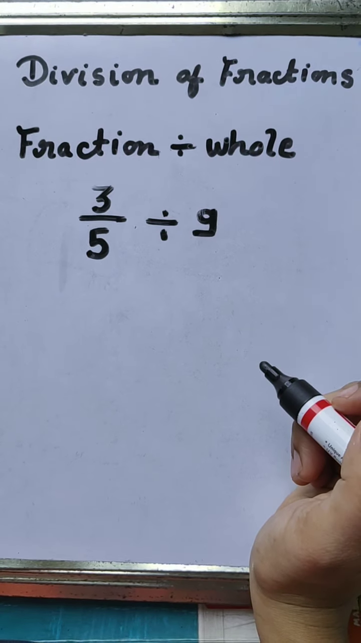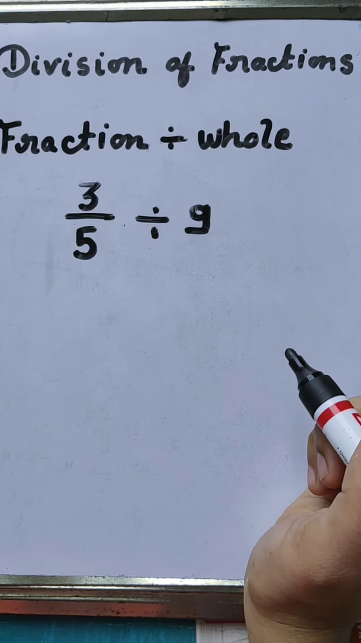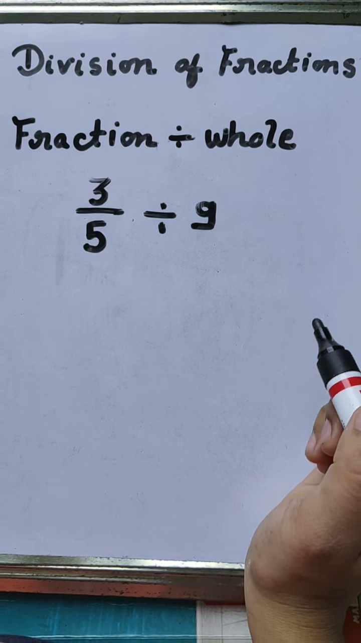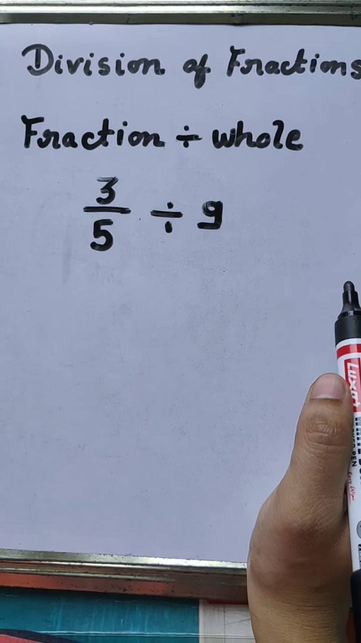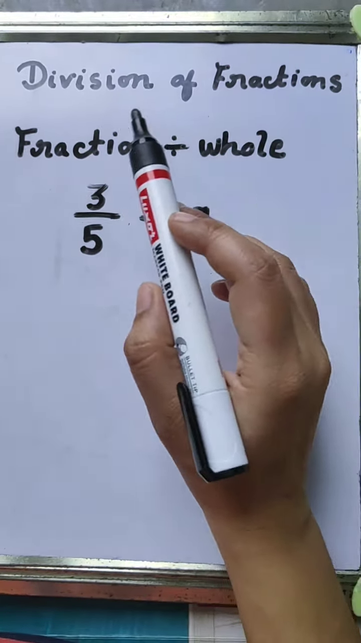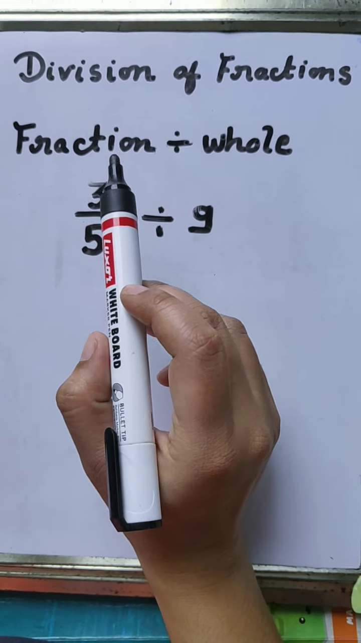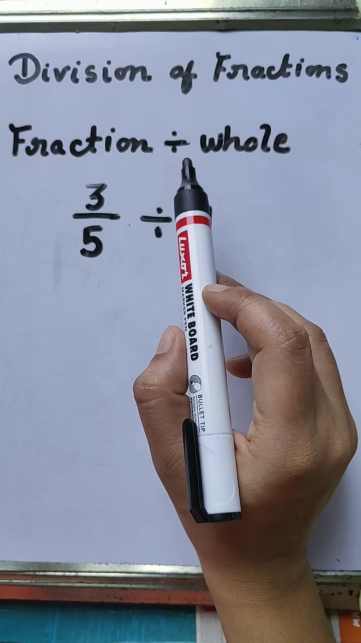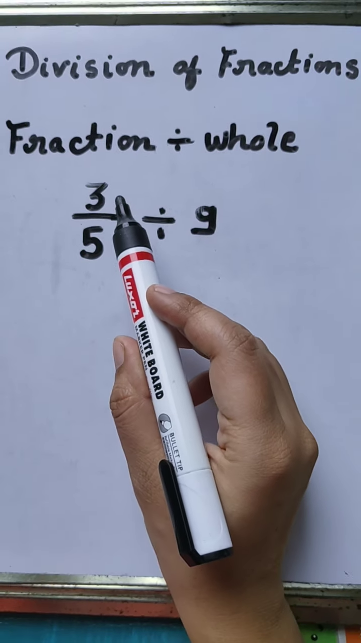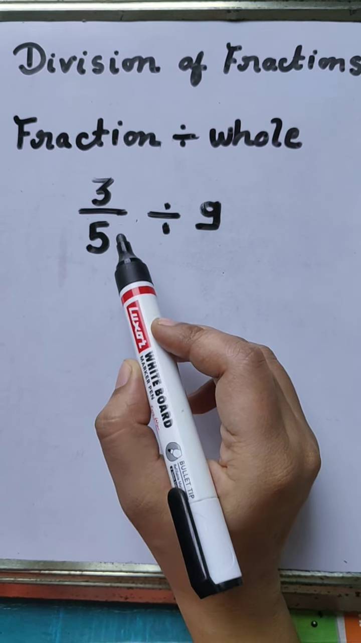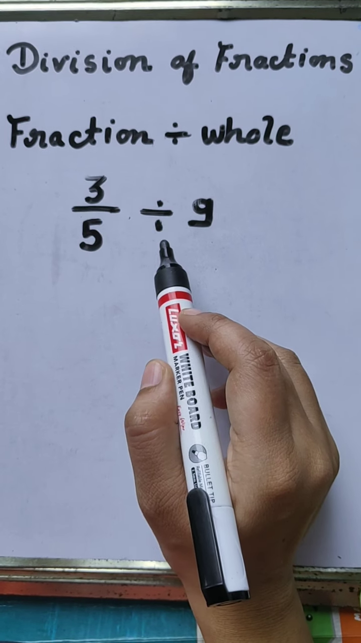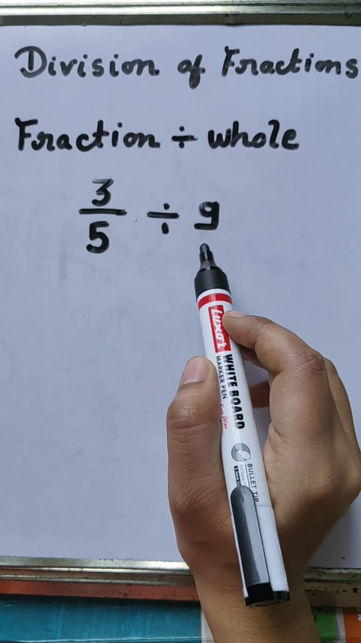Good morning, class. Yesterday we saw how to multiply fractions, and today we are going to learn how to perform division of fractions. Here I have taken an example, a fraction divided by a whole number. 3 by 5 is a fraction and we have to divide this by a whole number,